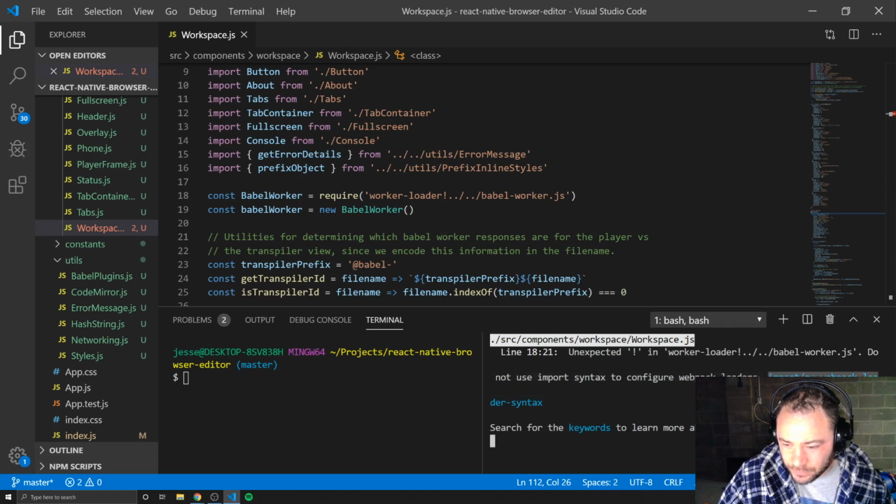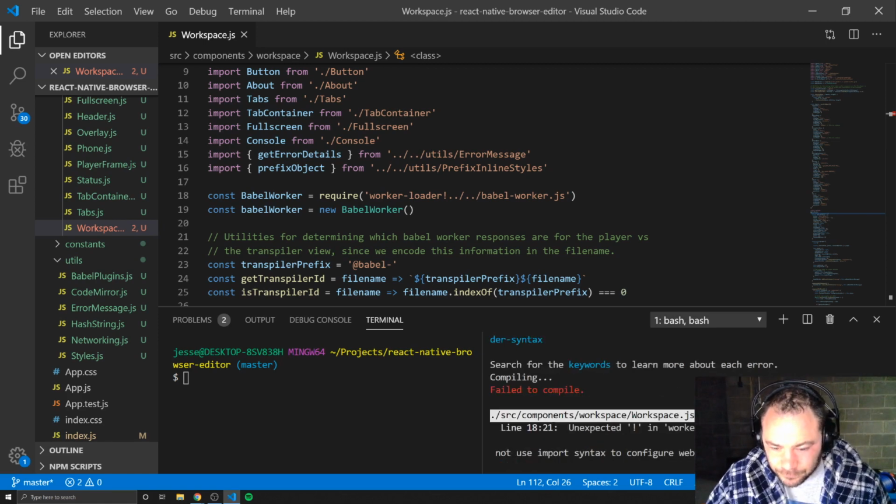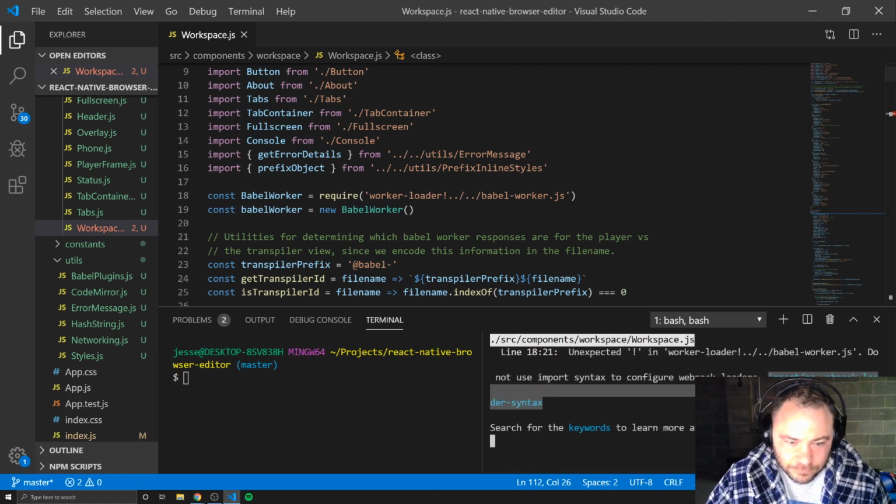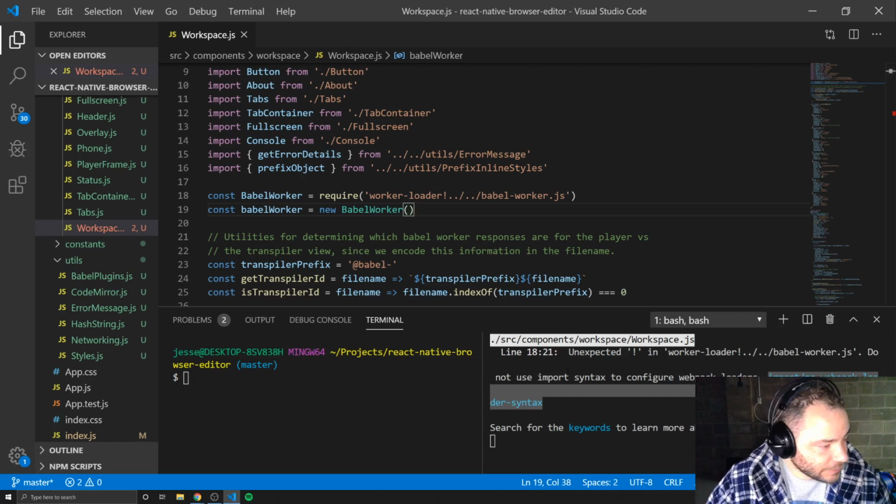Import Webpack loaders. Alright. Well, let's check this out. And also,